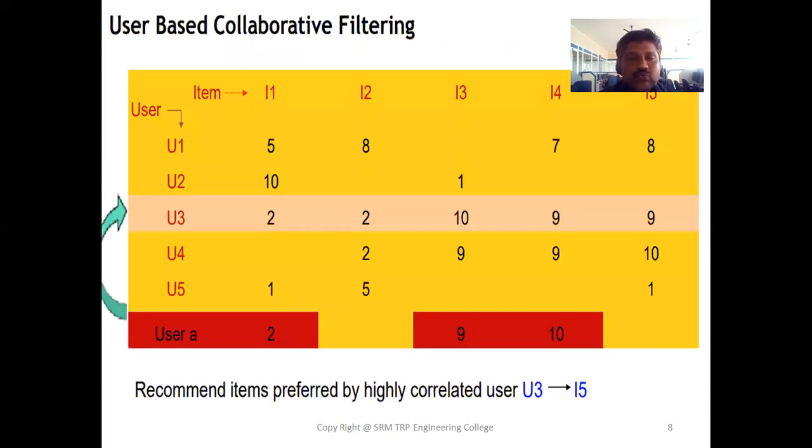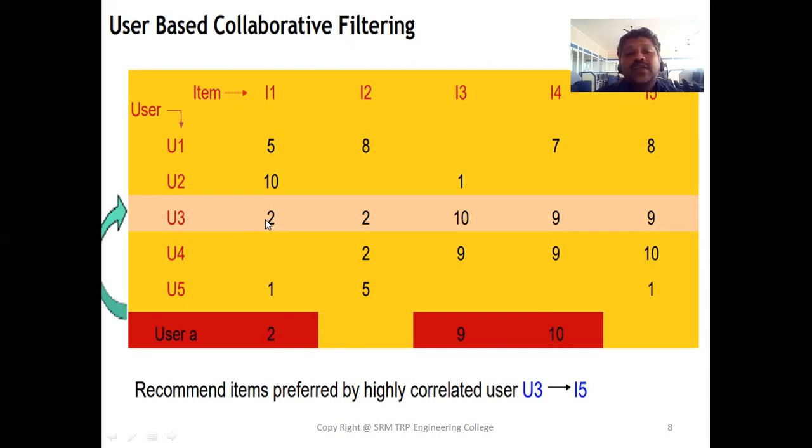First, we will see user-based collaborative filtering. In user-based collaborative filtering, I have taken 5 users and 5 items. Okay, these are the ratings given by users on items. Now, a new user has entered, that is user A, the active user. He has given the rating for item 1, item 3, and item 4. Once I compare user A with the other users,